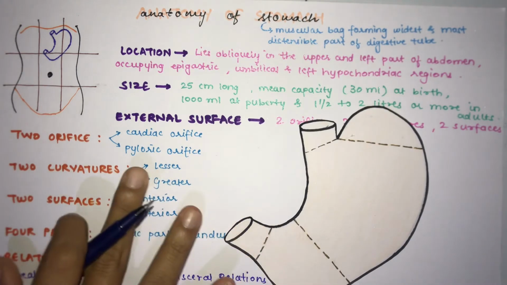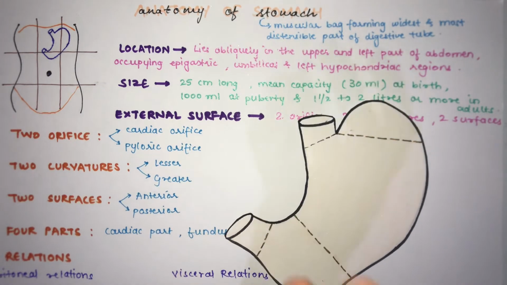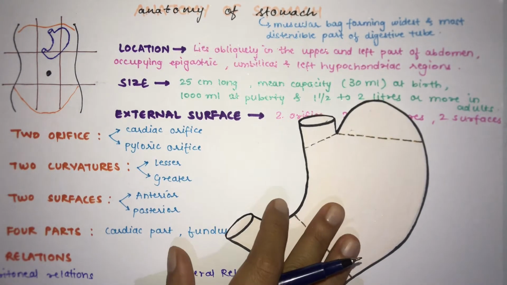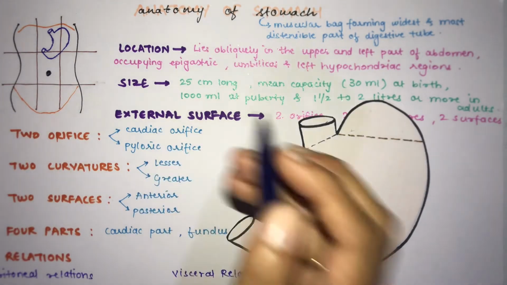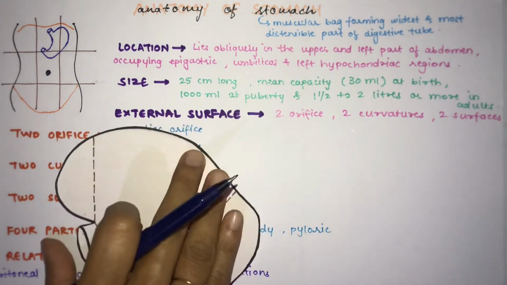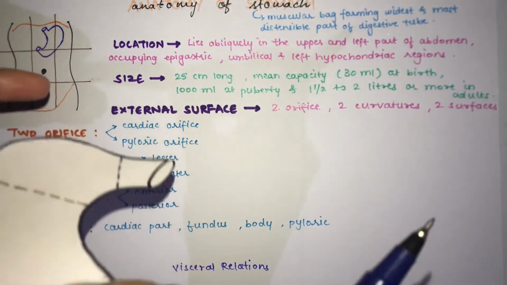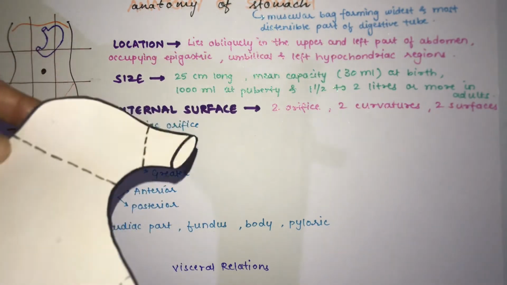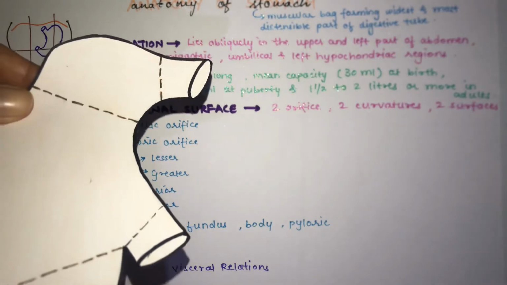Now this is very commonly asked in your vivas. They will give you the anatomic model of the stomach and ask you to explain each and everything about the stomach. In that, you have to hold the stomach in its anatomic position, that is the left and the upper region of your abdomen. So you have to hold the stomach in this way, in the left region, and then start explaining about it in a systematic order.